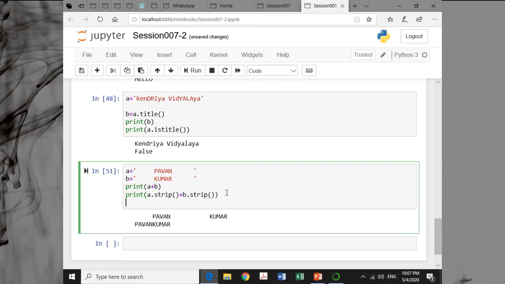where strip is used to remove both leading and trailing unwanted characters, you can use lstrip and rstrip to remove the unwanted characters from the left and from the right.